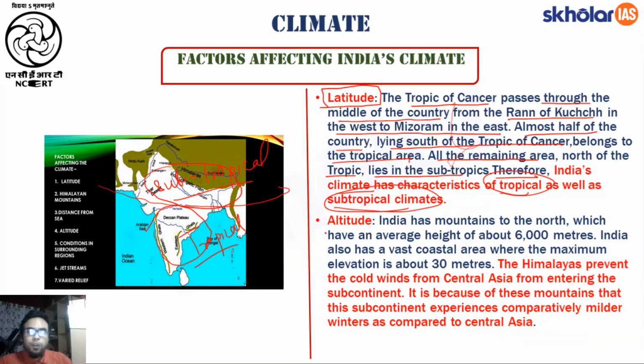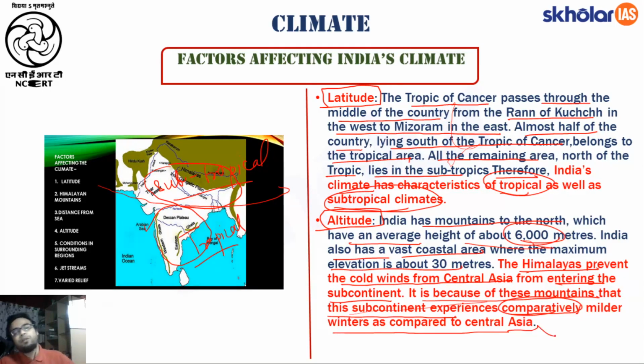Now moving on, let us also talk about your altitude, which we have already done. India has high mountains to the north, that is the Himalayas, which have an average height of around 6,000 meters. India also has a vast coastal area where the maximum elevation is only about 30 meters, right? The Himalayas prevent the cold winds from Central Asia from entering the subcontinent, like I have already mentioned,